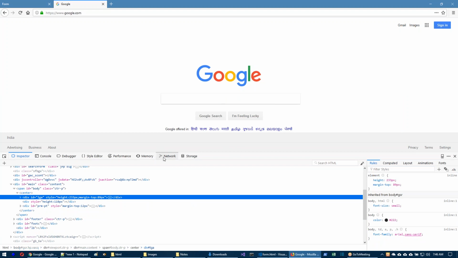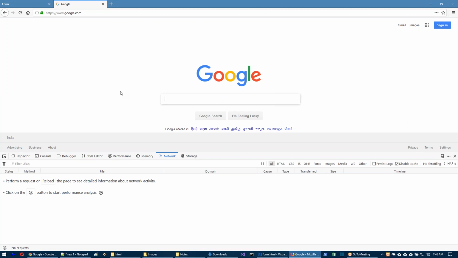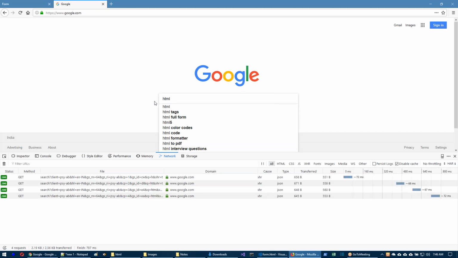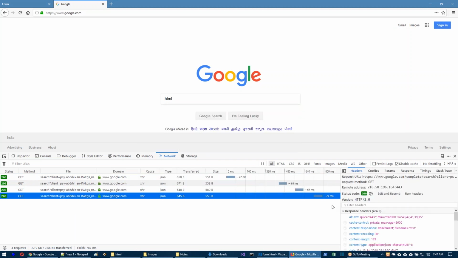Okay, notice carefully. We have a network tab. I'm looking for something, for example, HTML we have typed. Observe carefully, the moment we have typed HTML, you can see some server call is being created here. That means for every character we pressed, automatically it is making some request to the Google server, and from there the list of suggestions are coming. But the point is here, if you click on the last one,